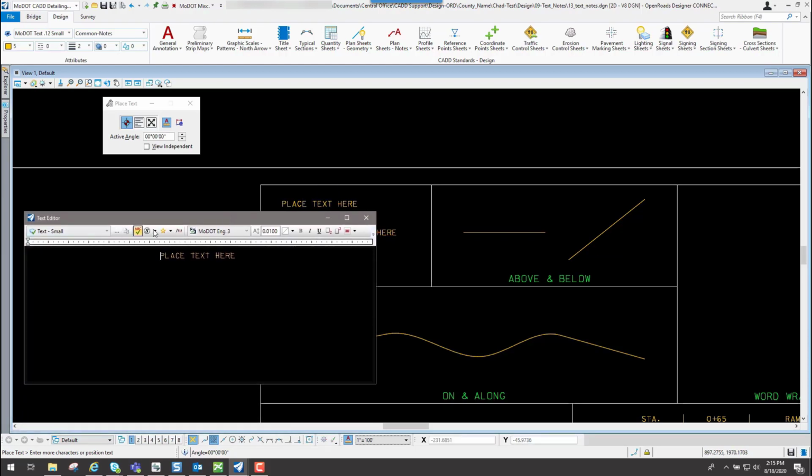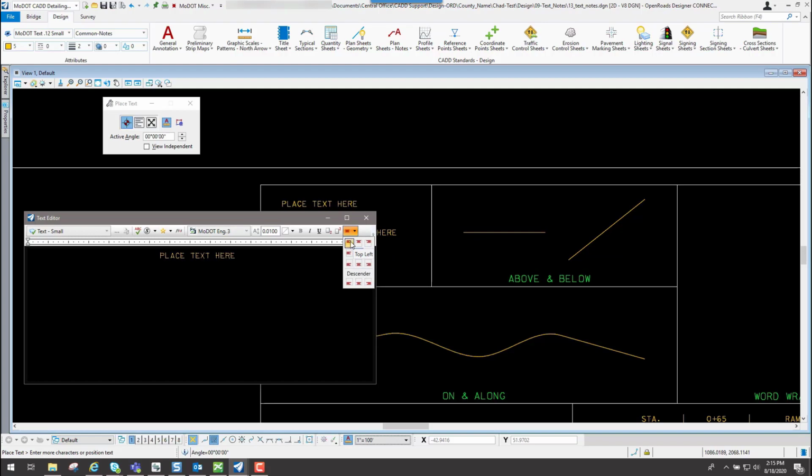You also have some attributes up here at the top that you can change if you need to, for like justification, because right now it's set to center, as you can see on the end of your cursor. Well, maybe you don't want that to be center justified. Maybe you want that to be left justified. So if you click on this little button right here that says justification, you have some different options of how you want that particular text to be justified.